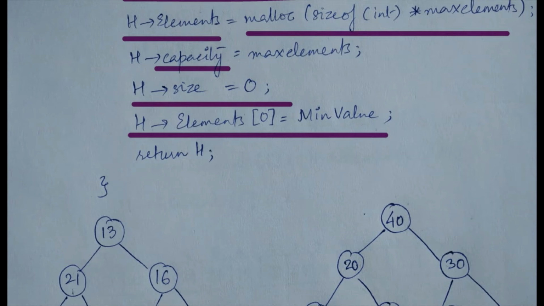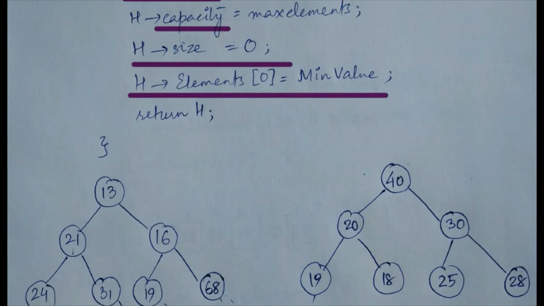Whatever is the minimum value the user can enter, let's say the user can enter only elements from 0 to, let's say, 2000. So minus 1 is one less than the minimum or the least value that the user can enter. So it's like a boundary condition for us. We'll see in a while. Okay,